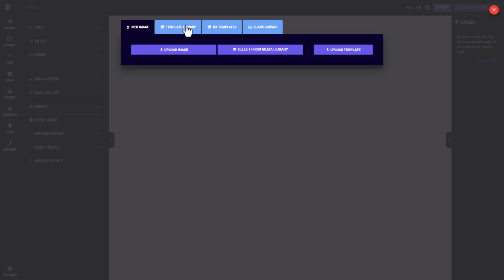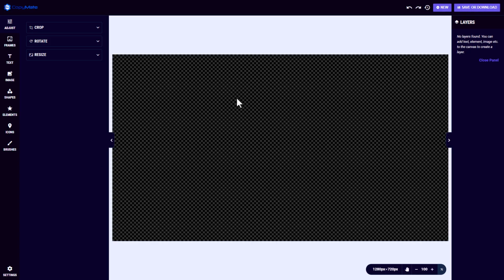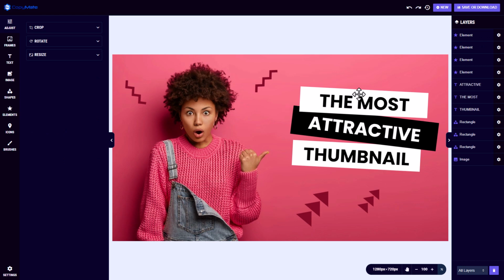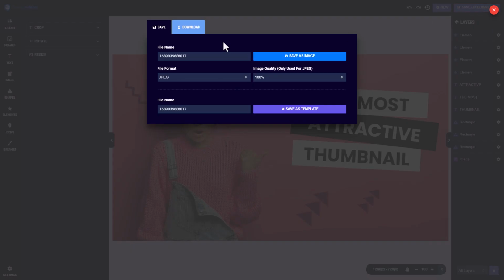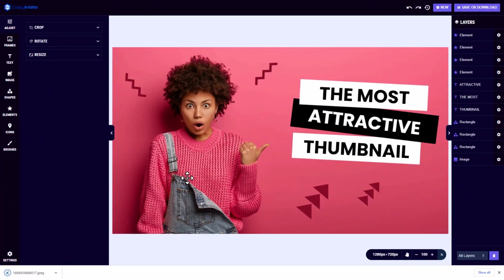So there's an image editor where I can upload an image and it looks like I can do some changes. There's a template library. So if I load this, then it looks like I might be able to make my own thumbnail. That looks good. So let's say I wanted to export that. Let's just download it. Yep, so that downloads and I can make my own thumbnail. That's quite a nice touch.